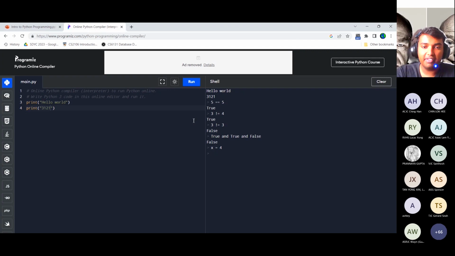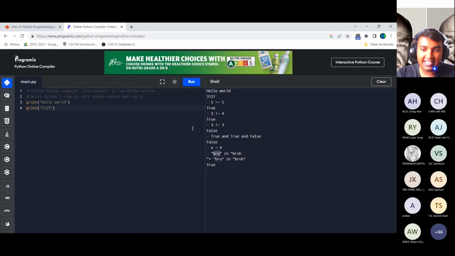For example, if "bruh" is in "bruh", right? This will return true because this short string, this substring, is inside the bigger string. So there's also not in. So for example, if x is not in,